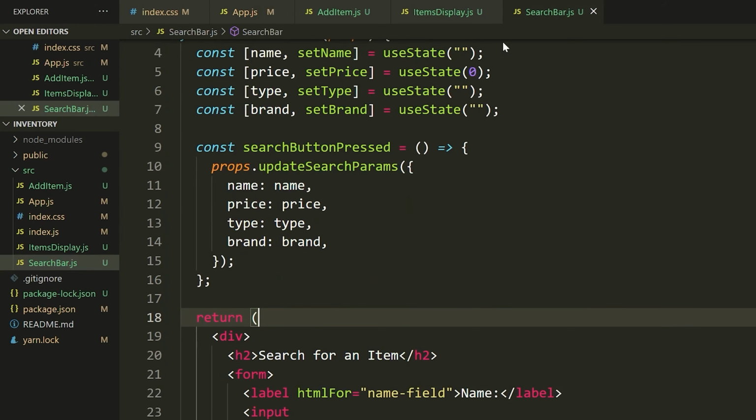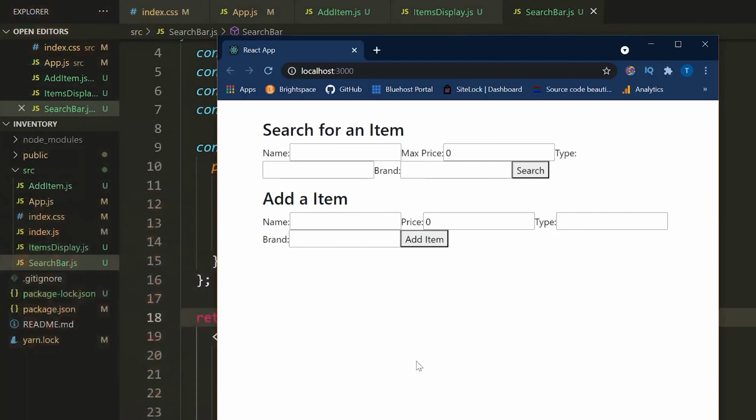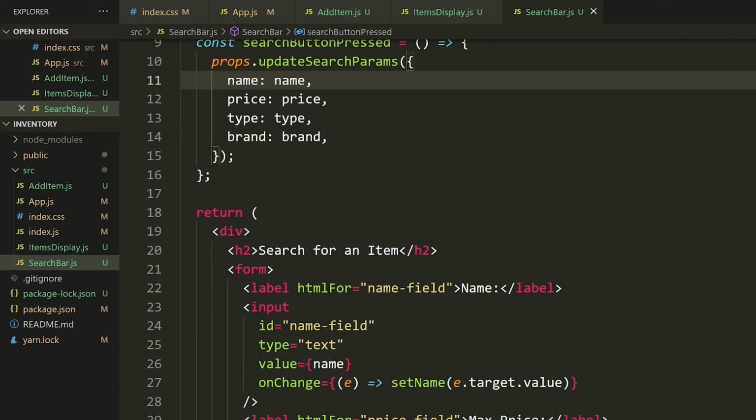I actually want to make this look a bit nicer, right? Because right now, if we're looking at our search bar, we can see all this stuff is mushed together. I don't want it to be like that. I actually want to have all 4 of my input fields in one line, and then I want to have my search button below it. And I want them all to be nice and evenly spaced out. So how are we going to do this? We are again going to use a container, some rows, and some columns.